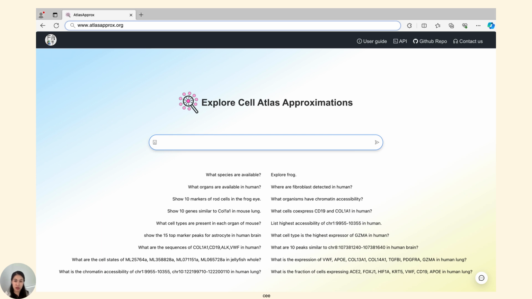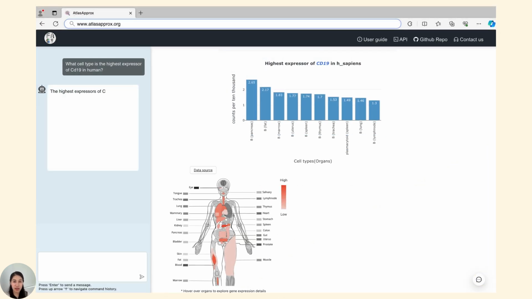Let's start with our first example, using the single gene analysis query type. On the landing page, enter the following query in the search bar. What cell type is the highest expressor of CD19 in human? Hit enter. And then our interface will generate results, including a list of top expressors and an interactive body map